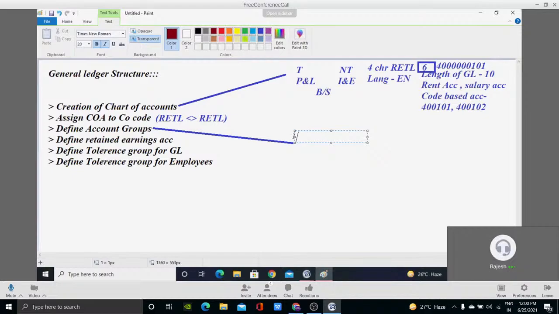But see, it's very simple. Is it easy to imagine a balance sheet without groups? You might have seen a balance sheet in horizontal format and vertical format. A balance sheet is always divided into groups: fixed assets separate, current assets separate, other assets separate; long-term liability, short-term liability, other liability. Imagine you are mixing everything, current asset and fixed asset, and preparing a balance sheet. Do you think that is acceptable? No. This is against the schedule. This is against the business. Similarly, expenses and income have categories: two types of expense, two types of income, direct and indirect.